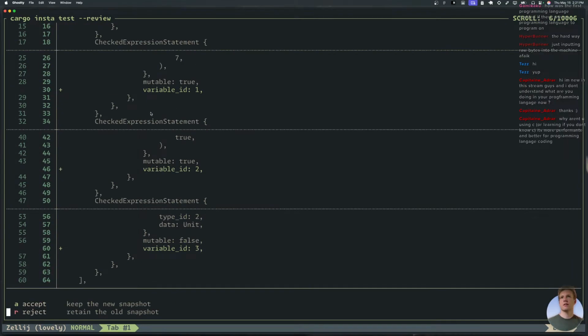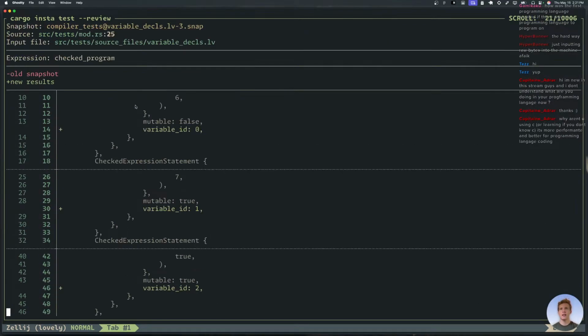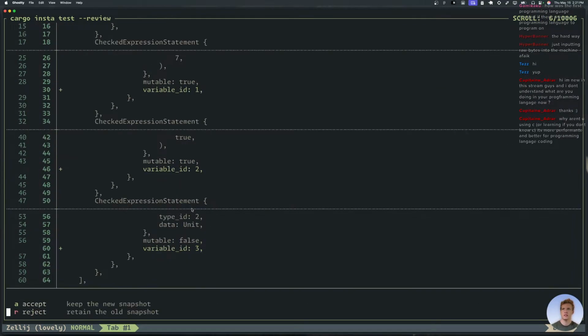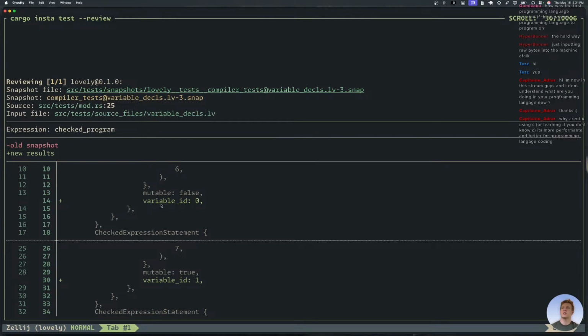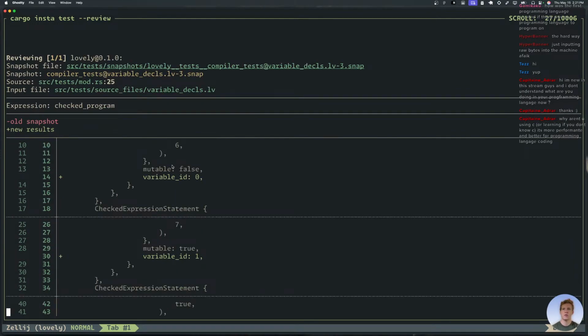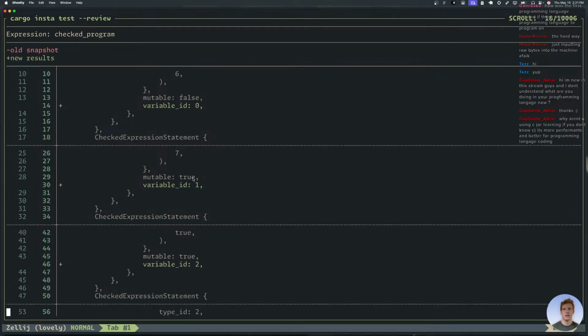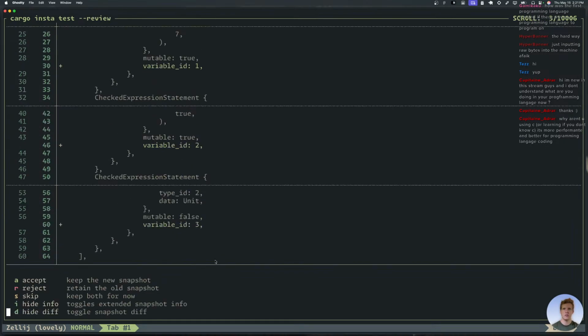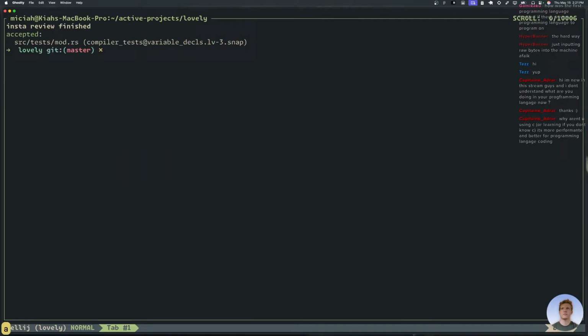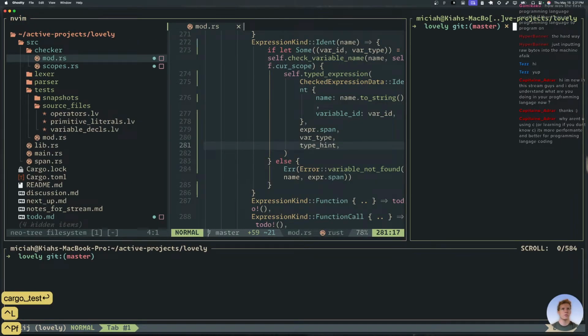Okay, this is so good. This Insta library just blows me away. Look how good this is. This is amazing. This is in checked. So it's adding variable IDs to all these decls, right? And you can tell it's counting up: 0, 1, 2, 3. So it's doing a good job. We'll accept that. So now we're good. Okay, that's exactly what I expected.